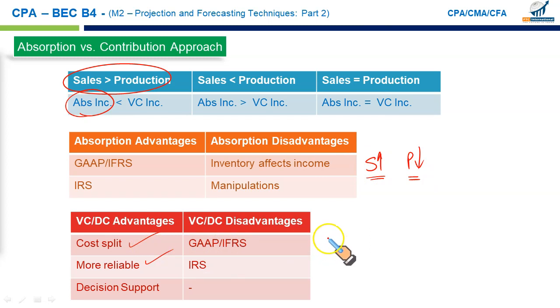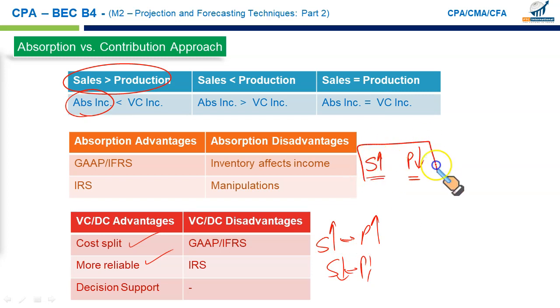But in variable costing, whenever sales go up, profit goes up. Whenever sales fall, profit falls. So there is a very clear-cut, observable relationship between sales and profit in variable costing, but things could be a little erratic in absorption costing. And of course, variable costing involves a split of variable and fixed cost, and this will be very helpful for the management in decision making, because decision making involves those costs that are under control. Variable costs are more controllable, hence variable costing is more suitable in decision making. And the problem is that variable costing is not allowed under IFRS, US GAAP as well as the IRS filing.